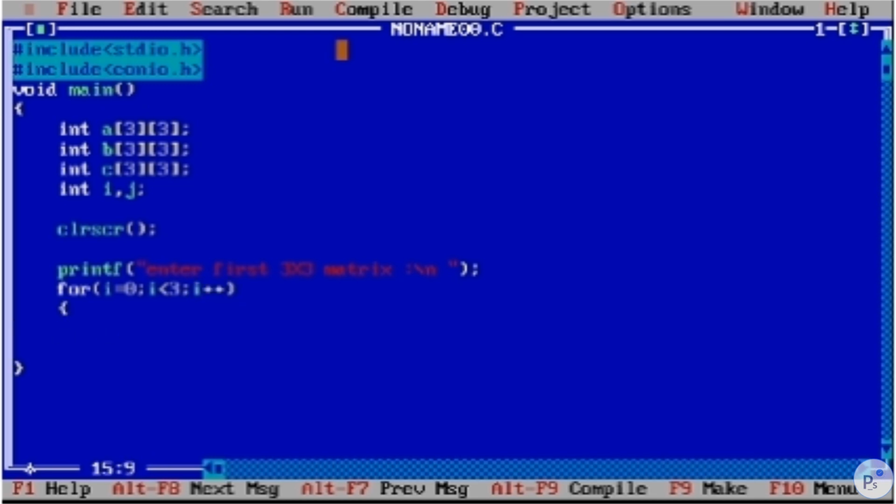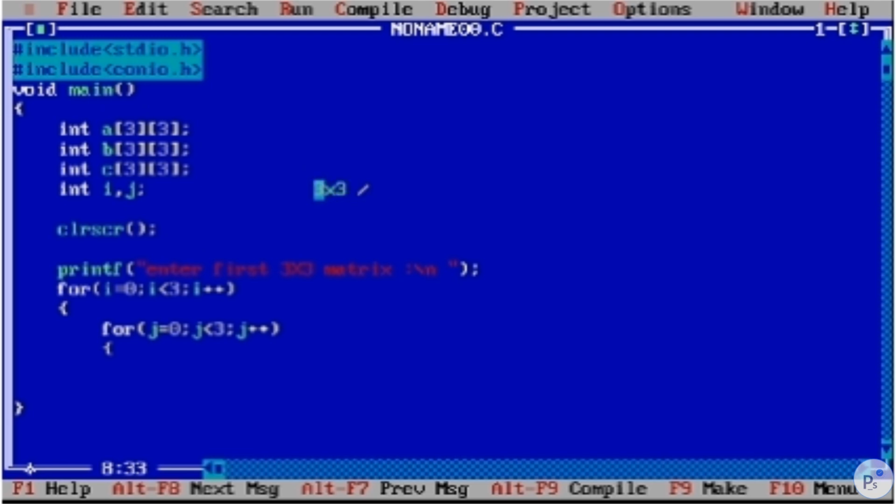And always remember the outer for loop is for the number of rows and the inner for loop is for the number of columns. We have seen this in the previous pattern. I hope you know that. j equal to 0, j is less than 3, semicolon, j plus plus. So this one is for rows and this one is for columns. i is for rows and j is for columns. Remember the dimension 3 by 3.